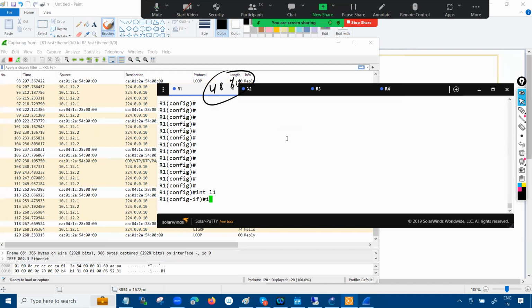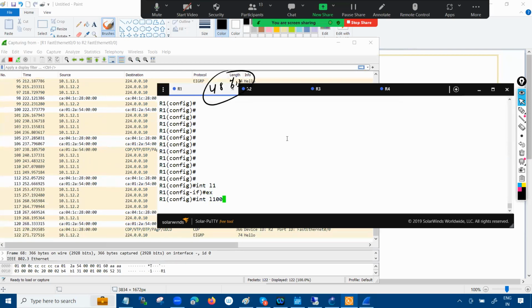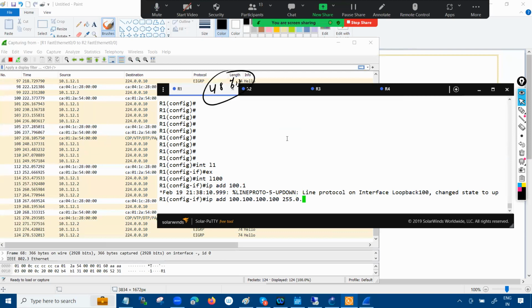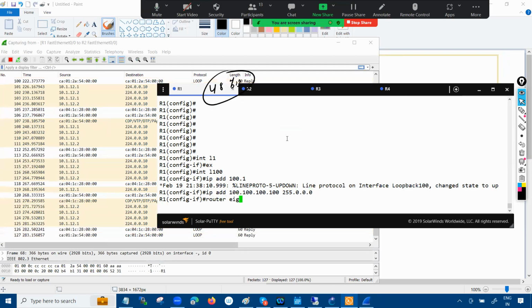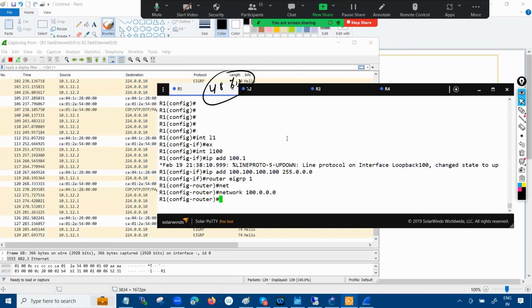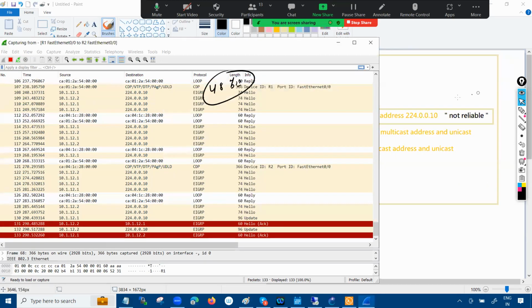I'll say interface loopback number 4, or I can call it 100. I'll say the IP address will be 100.100.100.100, right? Subnet mask /8. I'll say the network 100.0.0.0. What happens? Router 1 will send the EIGRP update packet. And what I told you is that the update packet is a reliable packet, right? So if you see, the update comes into the picture,